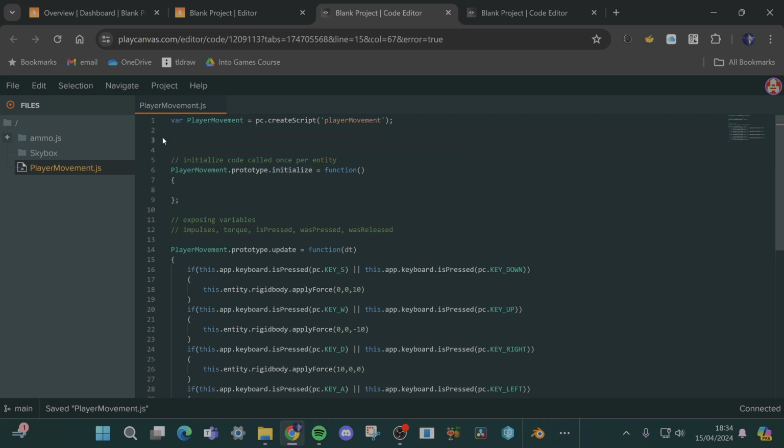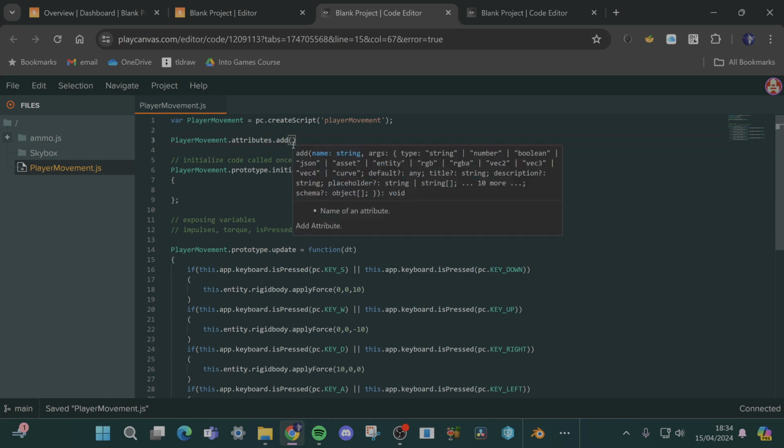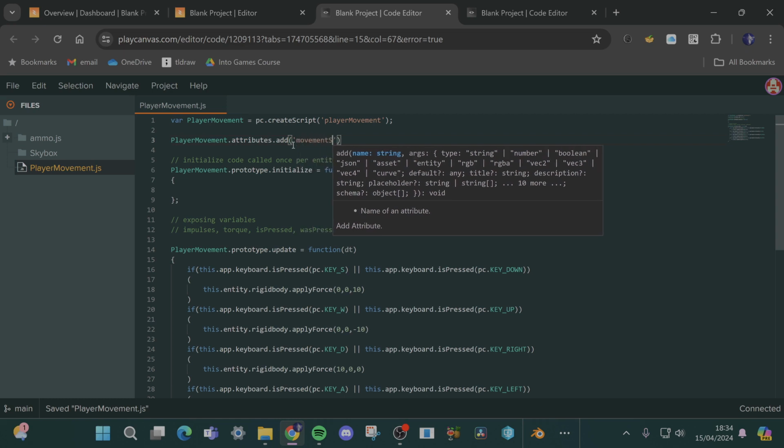Basically here, under the first line, which defines the script name, I believe, you say player movement, because that's the name of our script, dot attributes, and you can see that the text is already coming up in the library, dot add, open brackets, quotation marks, and then you name it. So I'm just going to call this movement speed,